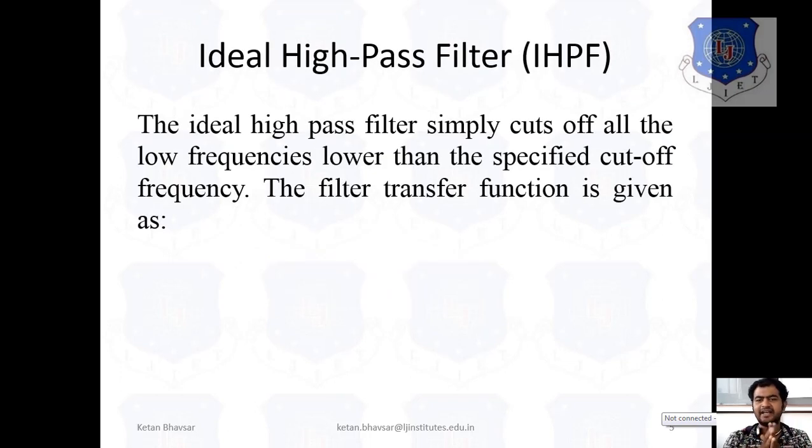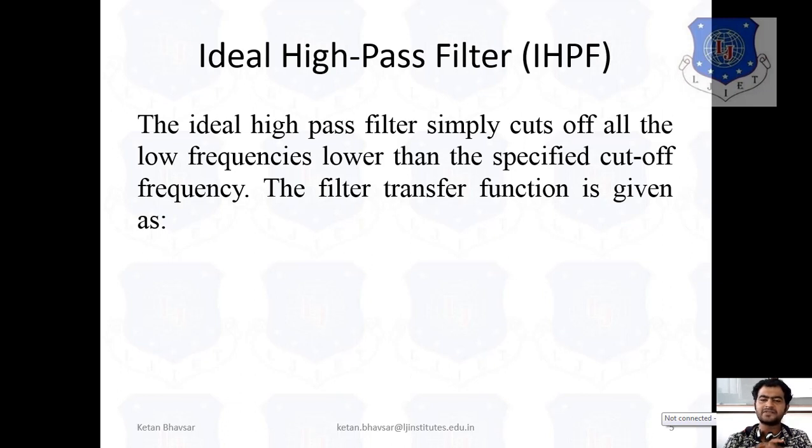So as you can see, the ideal high pass filter. Similarly, in image smoothing we talked about the ideal low pass filter, Butterworth low pass filter, and Gaussian low pass filter. In image sharpening, we have to deal with the ideal high pass filter, Butterworth high pass filter, and similarly the Gaussian high pass filter. So we have to deal with this type of content when we are dealing with frequency based concepts.